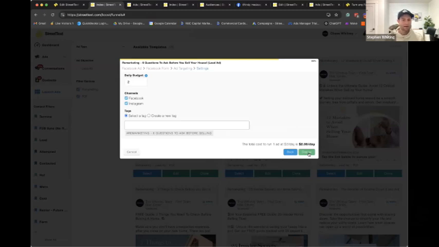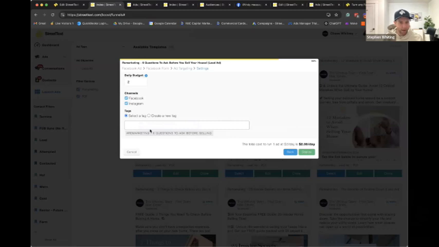As long as I leave this ad running, it's only ever going to spend $2 a day. And if they click and engage on it, it's actually going to automatically text message them as well. And it's going to send them the PDF, all automatically, all done for you. You don't have to do anything. You didn't have to create anything. You just hit deploy and it'll build it for you.